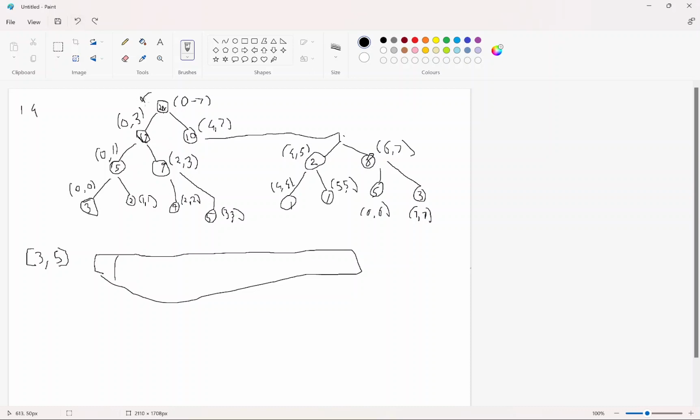We will go here, then here. See, when we go to add at a particular index, we just add whatever lazy propagation value we have to add every time. We were having 1 here, so whatever value we have, we will just update this value, so it will become 6 instead of 5. So we will return